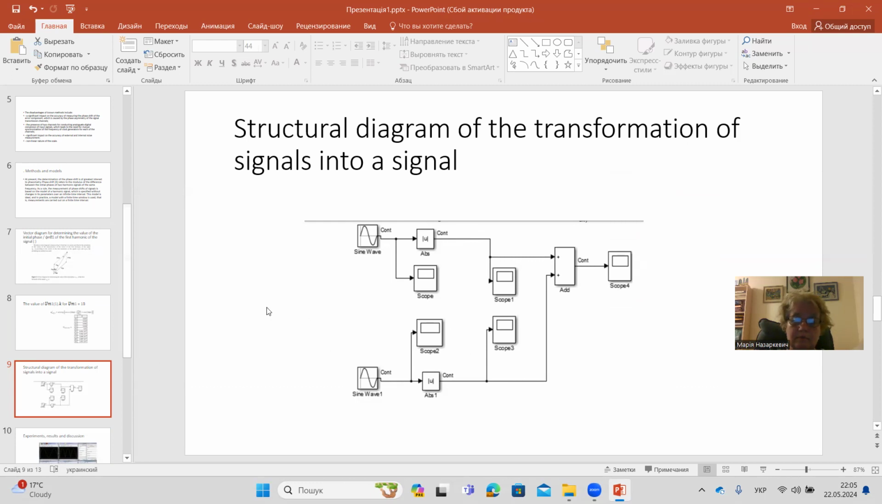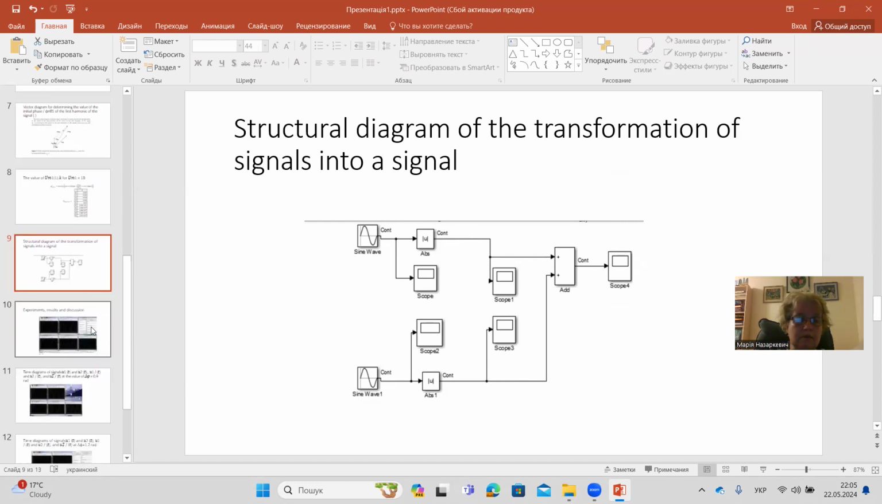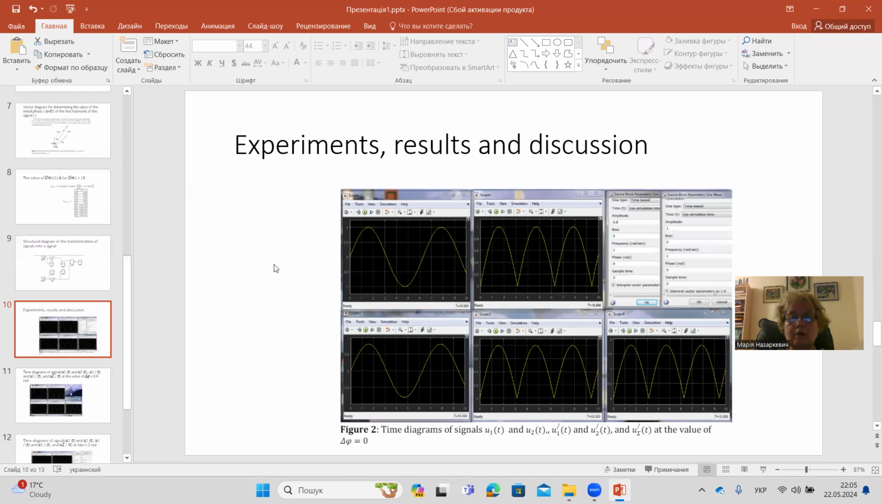Mathematica program. Experiments, results, and discussions. Here is a time diagram of signals